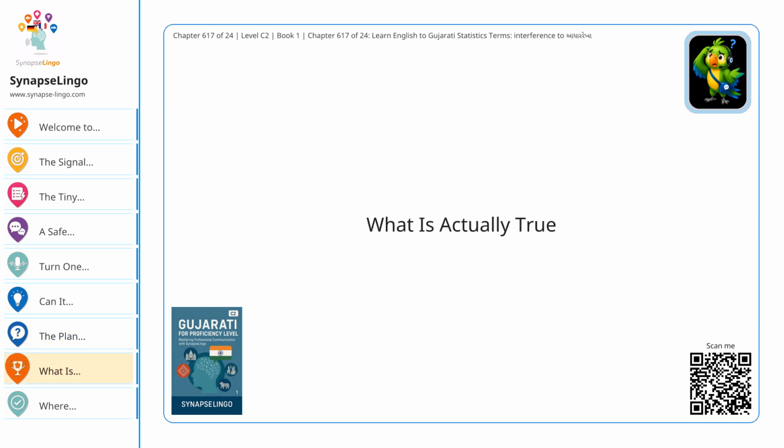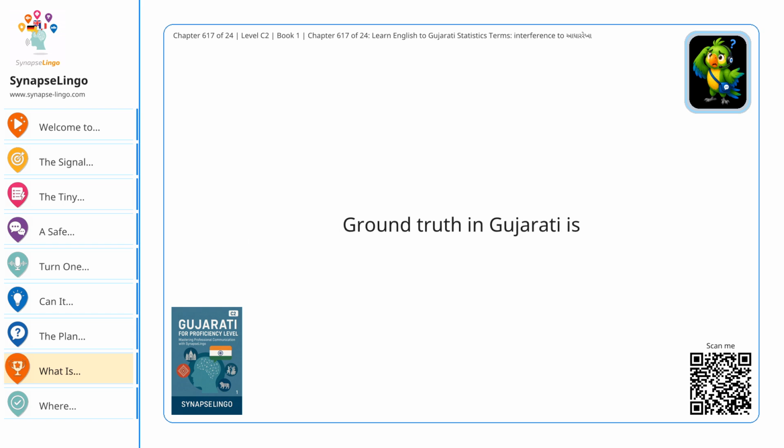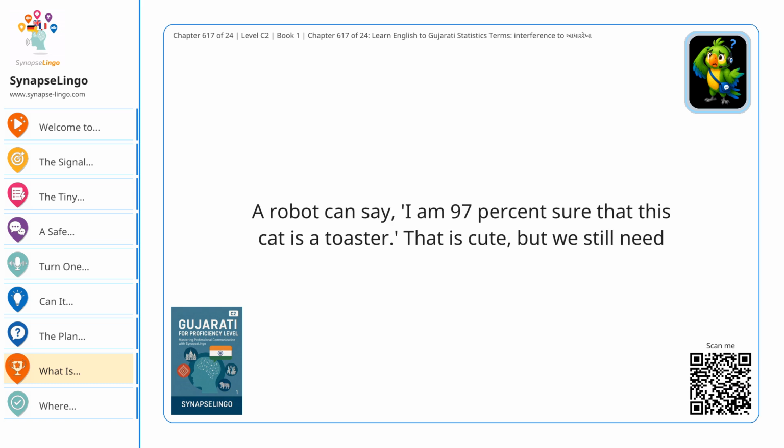What is actually true? This word is extremely useful when predictions are flying around like confetti. Somebody has to hold the actual answer. Ground truth in Gujarati is आधारभूत सत्य. This is the real, verified answer used for comparison. In machine learning and data work, predictions may look confident, but confidence is not always correctness. A robot can say, I am 97% sure that this cat is a toaster. That is cute, but we still need